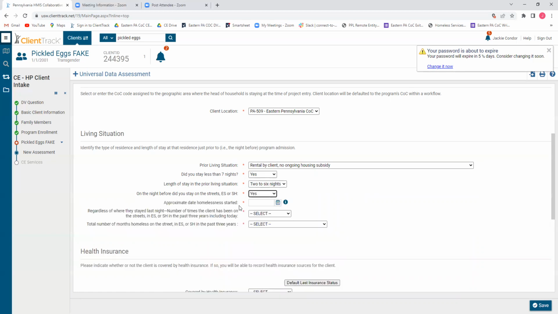If we say yes, then it will be asking about their homelessness. So approximately when did this homelessness begin? And we have our calendar that we can select a date. And regardless of where they stayed last night, the number of times that this client has been on the streets,